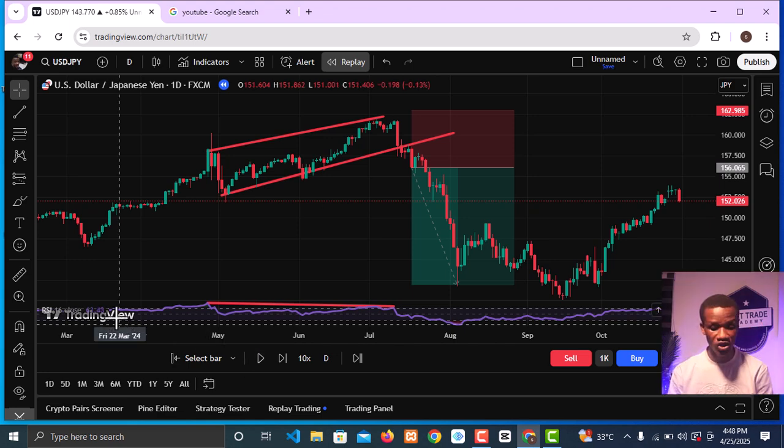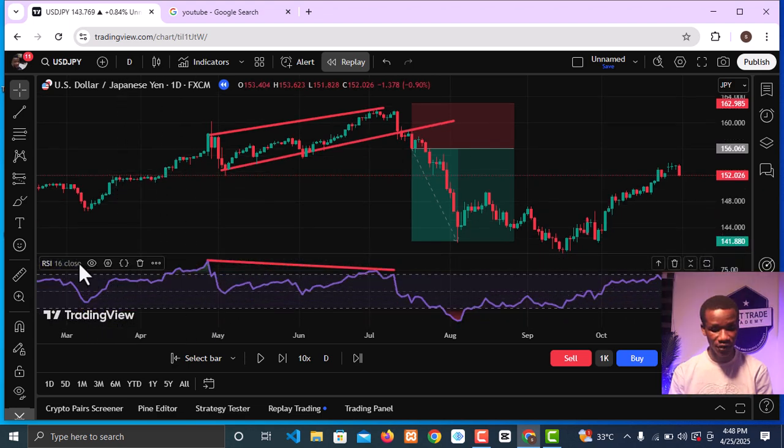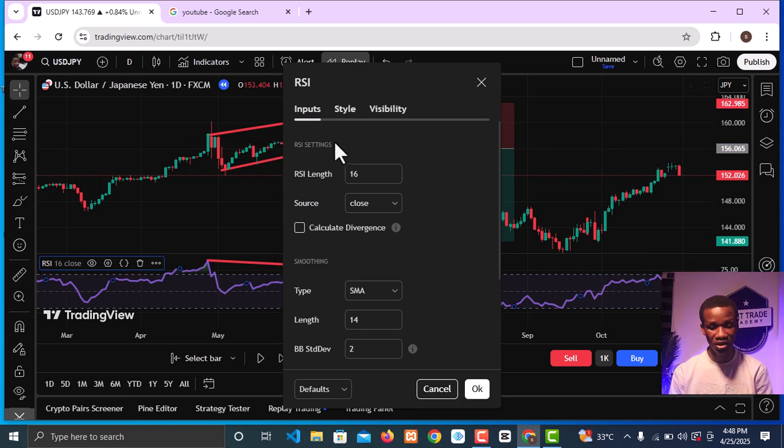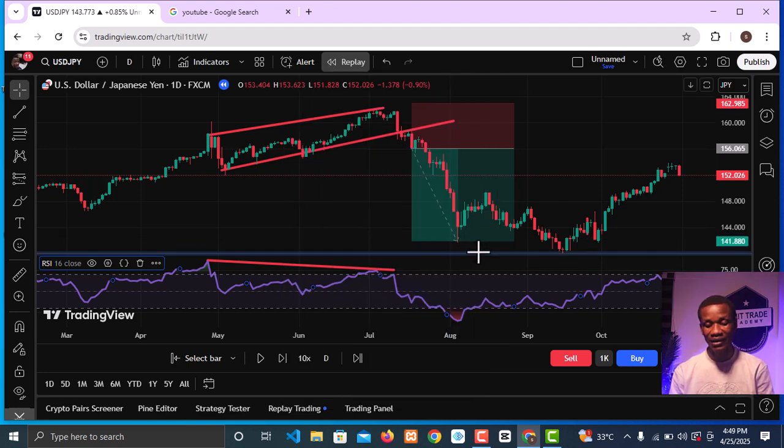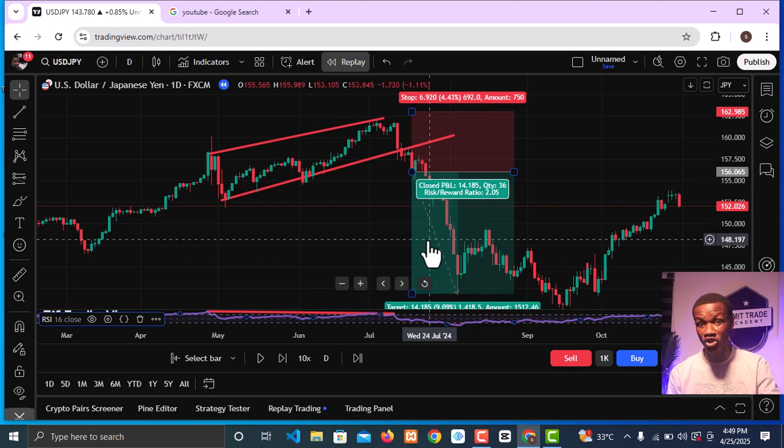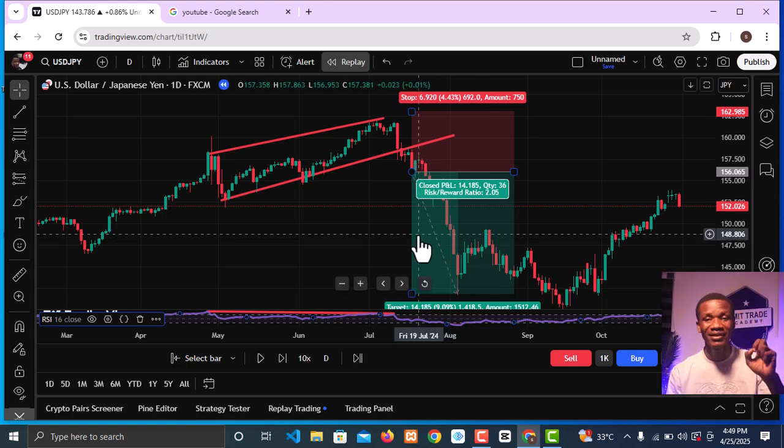What you need to do is to come down to this very point right here where you have the setting on the RSI indicator, and change the setting to 16 instead of using 14. And once you are done with that, that's all. Click OK and find out this confirmation. Once you get the confirmation, 3 confirmations, take your trade, and the market is going to move in that very predicted direction. And this very strategy, like I said earlier,